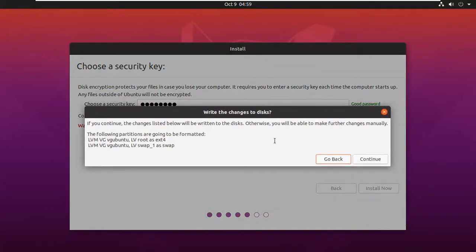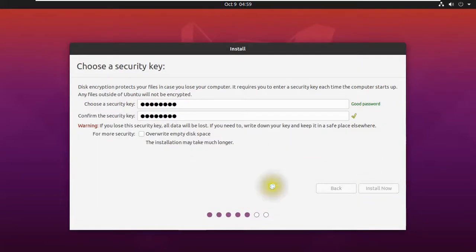So it is telling you, if you continue, the changes listed below will be written to the disk. Otherwise you will be able to make further changes manually, and the following partitions are going to be formatted. One is being created using ext4, that is the default file system, and that is for root. And one is swap, and you can click continue. So we'll see the installation now,